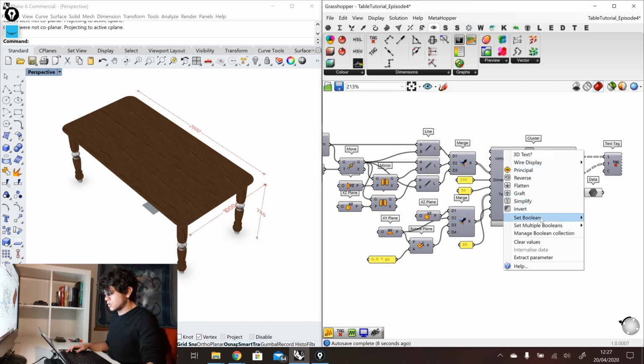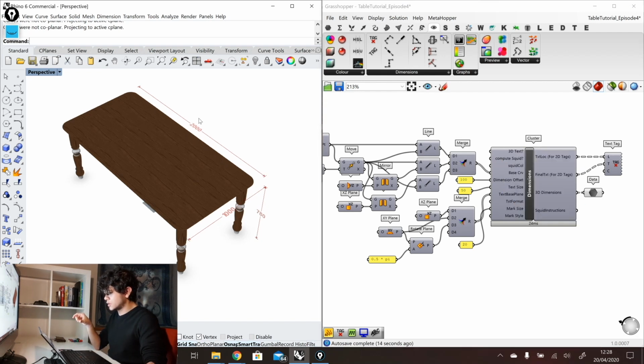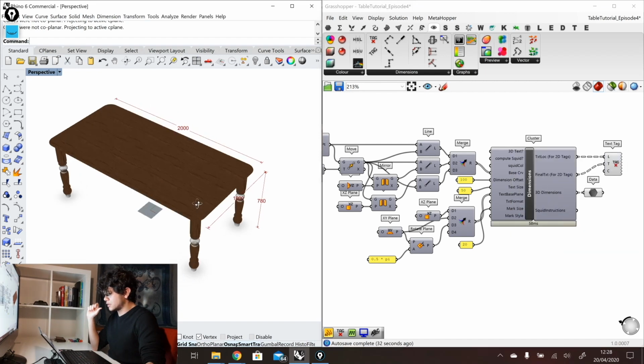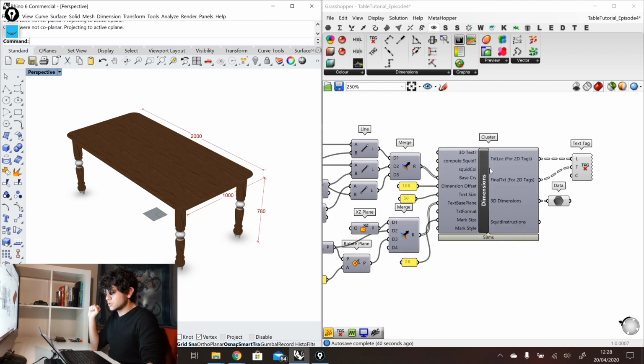and then we can again set these to false. So these 3 dimensions are the ones that let us create these holes. The hole that is where the dimension is displayed. So that's why it is important to have the correct orientation of our text and the correct size, so that our 2D tags have enough space to be displayed. So if we set 3D text to false again, and then we display this again, then we can check the final dimensions. We also have other 2 inputs in our dimensions cluster that are the compute squid and squid color inputs,